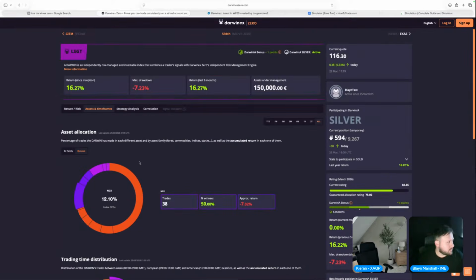I don't really care what return this is, what drawdown it is, or what assets under management I have with it. It's purely that I want to have an account that's forward tested, so that if anything's good, I can bring it into my next Darwin, or put it on IME, if it passes stagnation period, drawdowns, returns, and loads of different metrics that I look at. That's why it's called Blaine Test. And I hope anyone looking at investments looks at Blaine Test and realizes it's a test account.